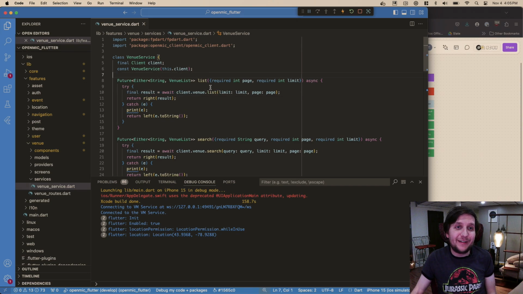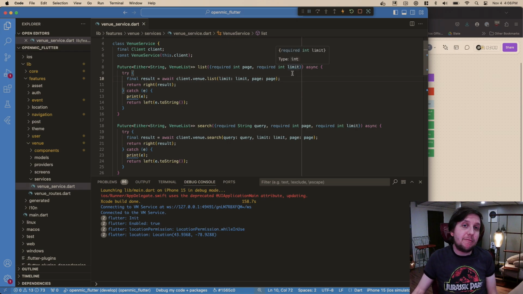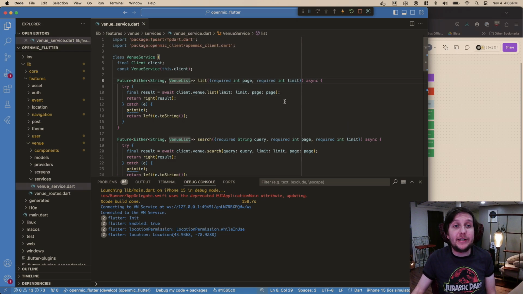So it's really easy to work with Serverpod. All this got auto-generated. We didn't have to make this stuff. Technically, if we didn't want to be really clean, we wouldn't even have to have this service. We could just work in our UI right with this. But we're doing this with what I think I've been referring to on the stream as semi-clean architecture. Although I am a fan of clean architecture, I do think it's overkill for a solo project.